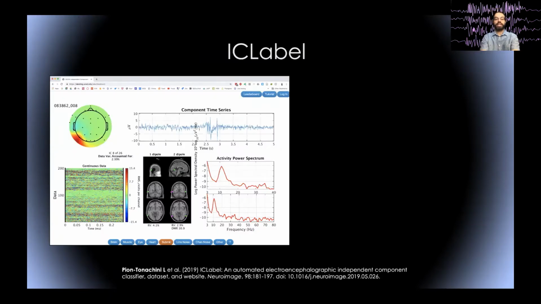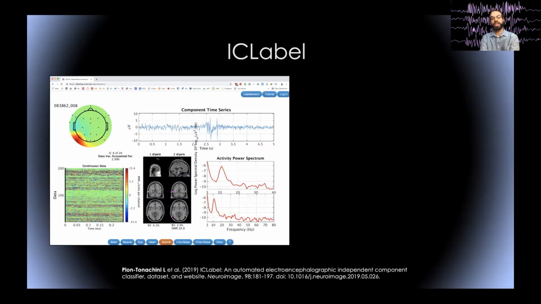And then I mentioned IC Label, so independent component analysis. We have lectures online about independent component analysis. So I assume you've heard about it, but basically on raw EEG data, you can run independent component analysis, and then it's going to find independent contributors to the EEG data. And these independent contributors, they have scalp topographies, they have time courses like EEG channels, and they often represent brain activity or artifacts. And so IC Label, Luca Pion-Tonachini was a PhD student in our lab, and he designed that tool